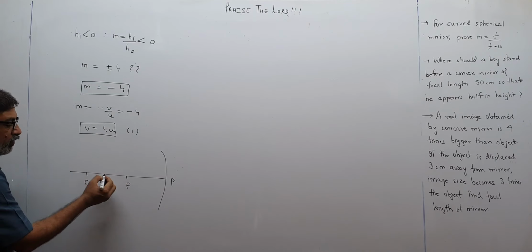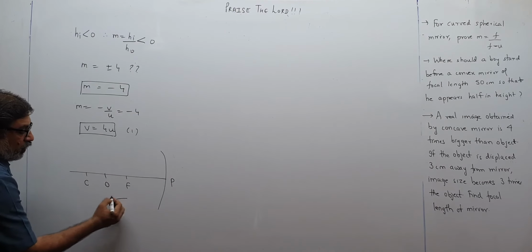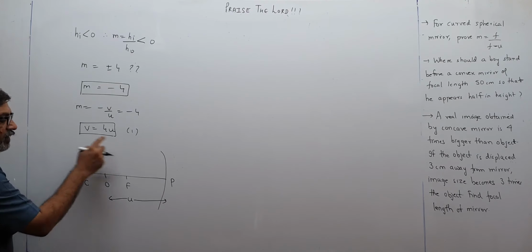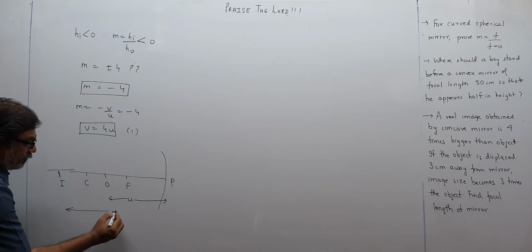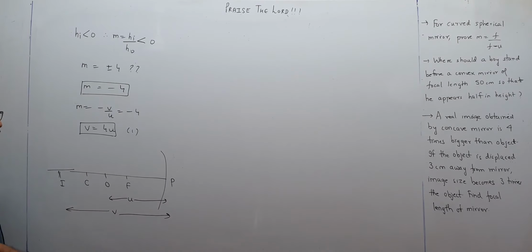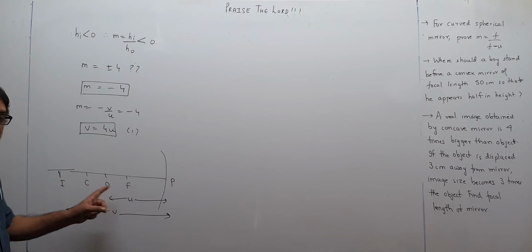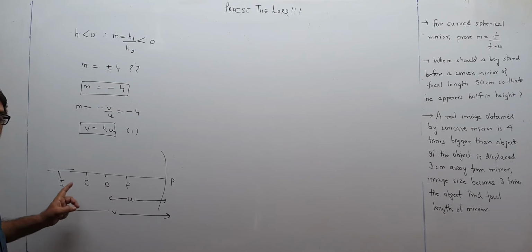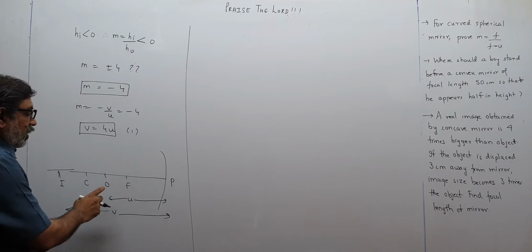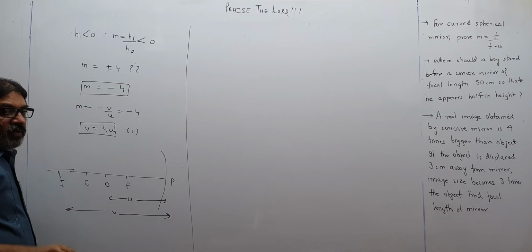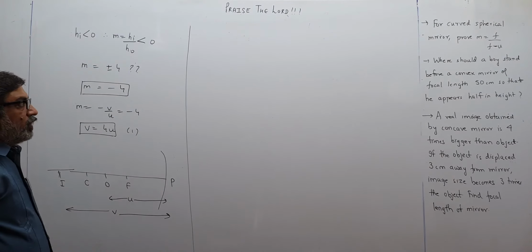V is 4 times U. Supposing the object is here, so this will be U, and V is 4 times, so V will be somewhere over here. Image. So this will be V. So V will be 4 times U, bigger than this. Okay, fine. We understand where is U, where is V, image, probable things we decide. It is not necessarily that the object will be between F and C. It can be anywhere, but it is definitely beyond the focus, that we know for sure. Okay. But I'll tell you one thing, object cannot go beyond this. It has to be here only. Why? Think.